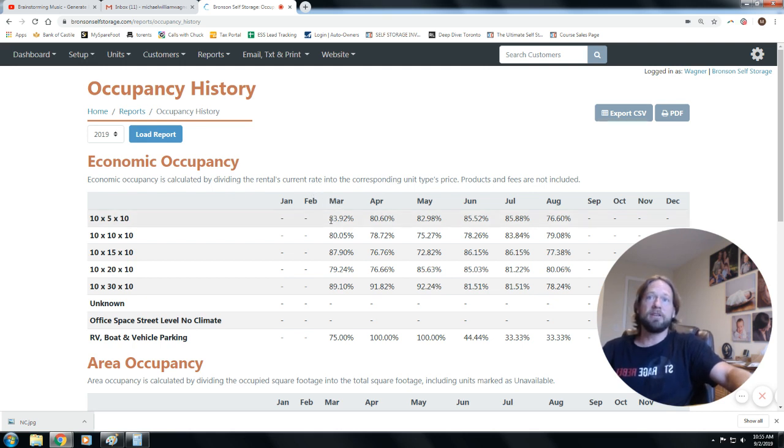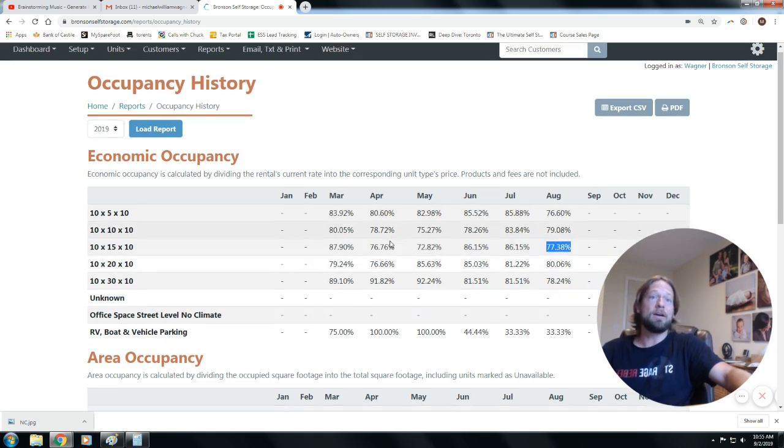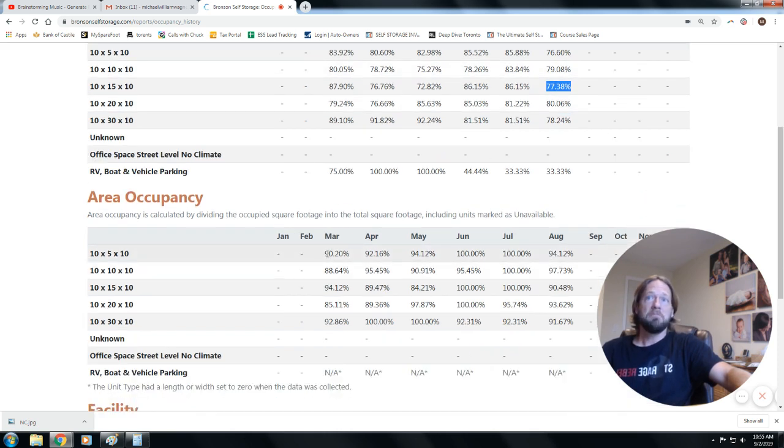So bottom line is, if you look here, these are each of the unit sizes under economic occupancy. And in March, I'm just going to paint a broad brush stroke here. We were 84% occupied. Now we're 76% economically occupied, which means from a percentage standpoint, we're going in the wrong direction. Same here, 80% to 79, 88% to 77%. And again, this gives you the impression, man, financially speaking, this property must be going down. Now, if we look down here at area occupancy, we're more even keeled, right? If we look back to March to today, everything seems to be going up, from 90 to 94, 88 to 97. So in this case, you're like, well, area occupancy is going up. More people are moving in. How on earth is economic occupancy going down? And